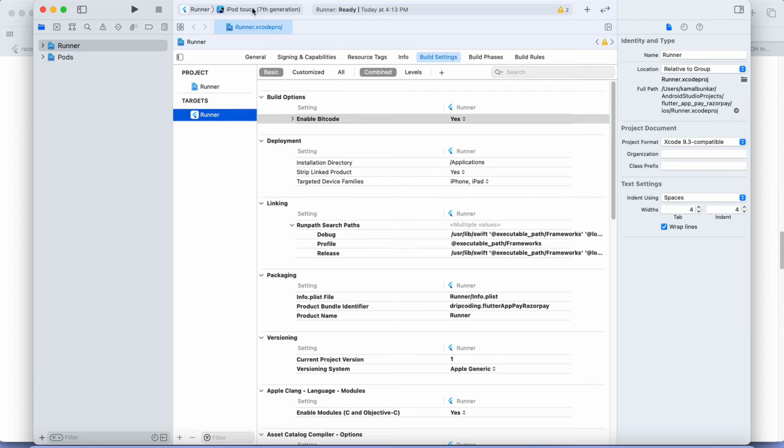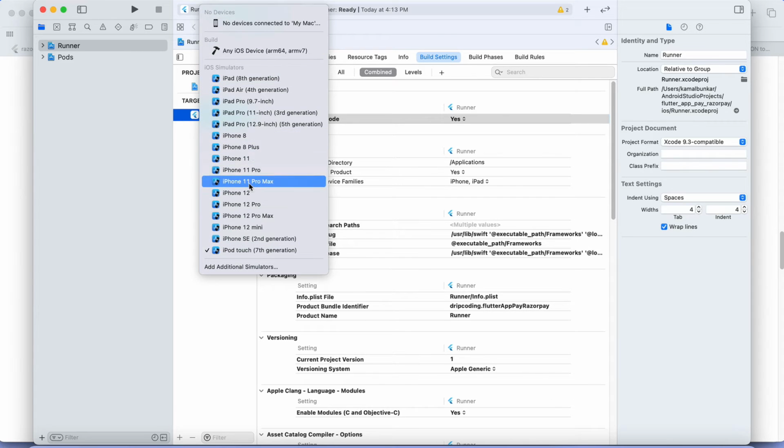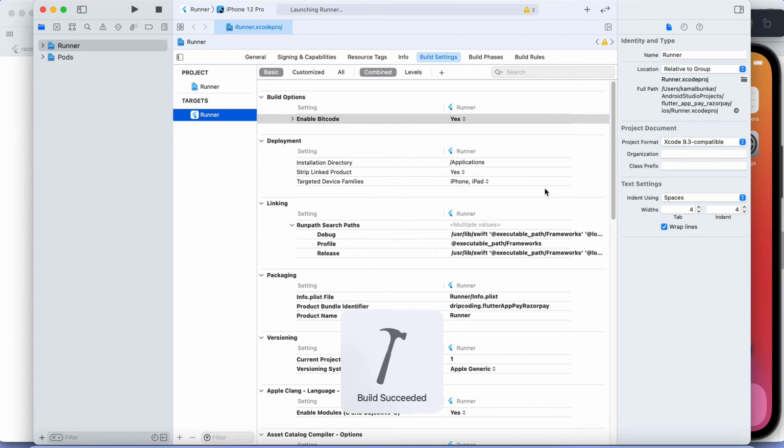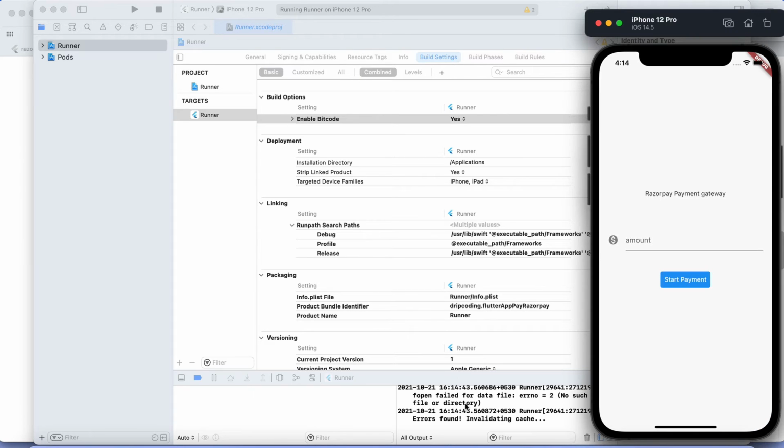Now I am going to run this code on iPhone 12 Pro. So as you can see, now it is working fine. So I can use amount 40, start.